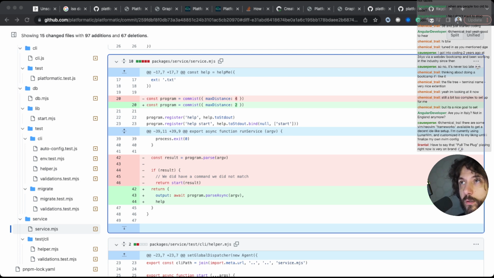Why is it null? This is db. This is start. And it should not return null. Well, it should. It can be anything, to be honest.